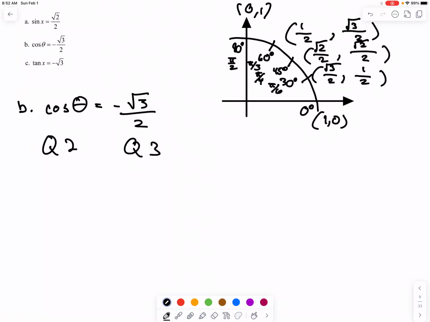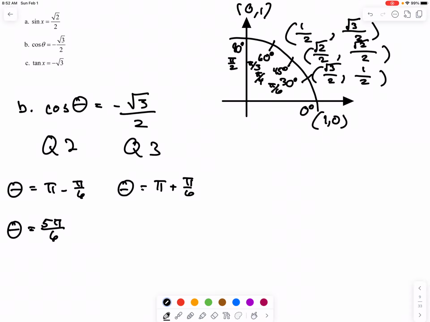Because x is negative in quadrants 2 and 3, our theta here would be pi minus pi over 6, and our theta here would be pi plus pi over 6, right? That way we don't have to do those conversions. If you want to do the degrees and then convert at the end, that will be fine as well. So then we have 6 over 6 minus 1 over 6 to give us 5 pi over 6,